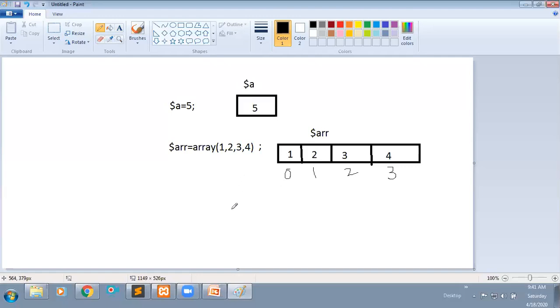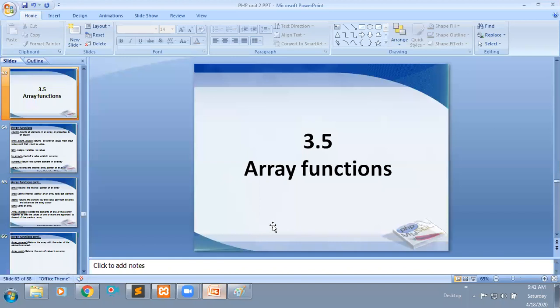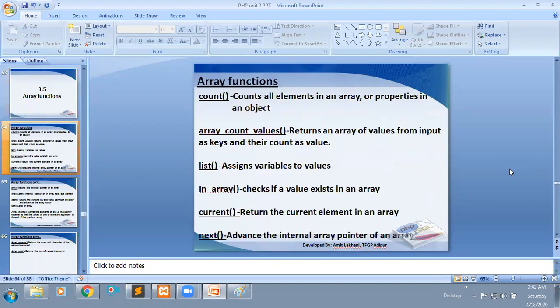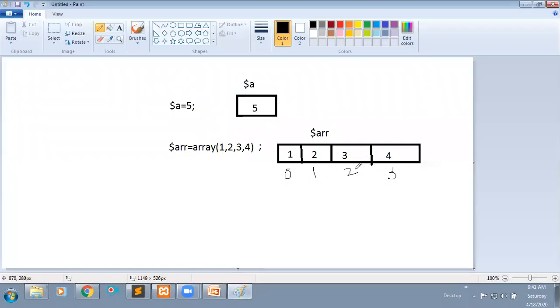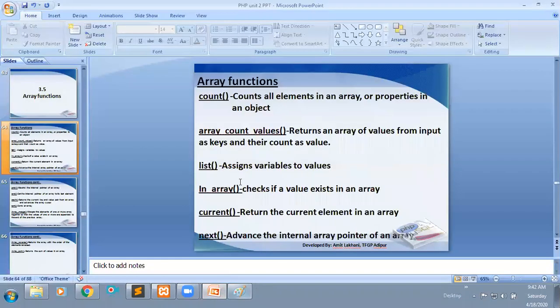Now we need to learn some functions that you can perform on this array. Different functions are available in PHP to perform array operations. Like the count function, which is used to count the number of elements present in an array. Here there are 4 elements, so if you use the count function, it will directly return 4.